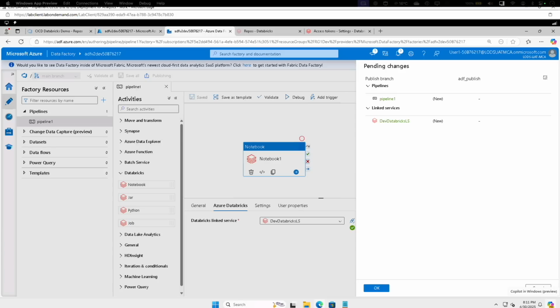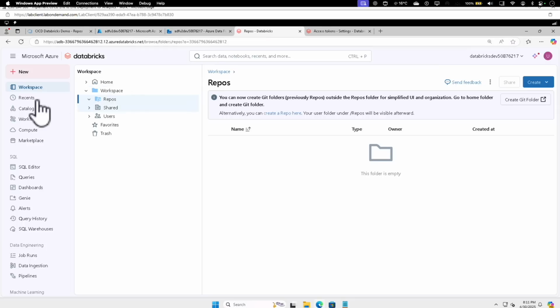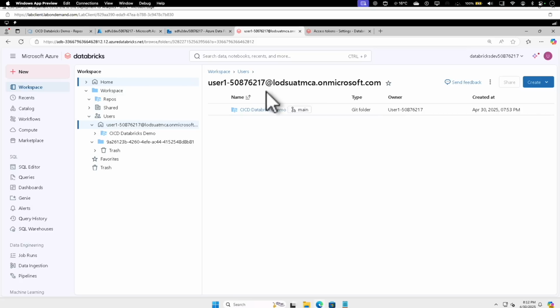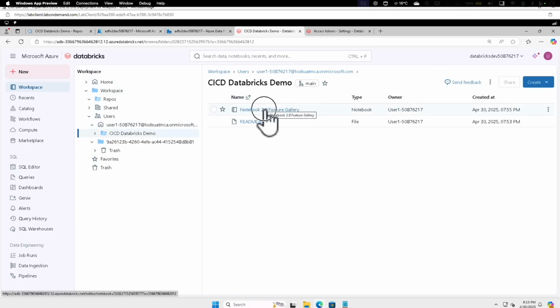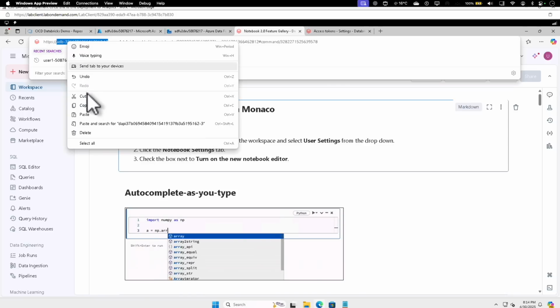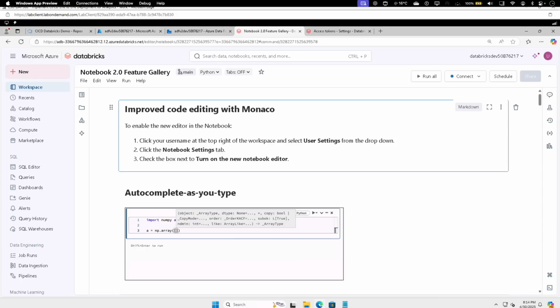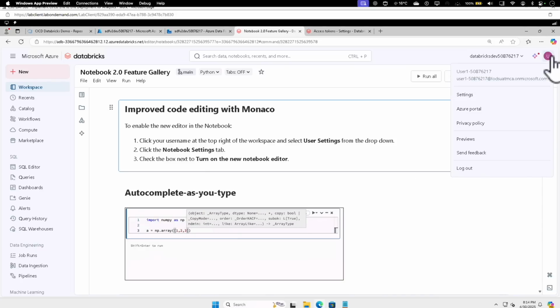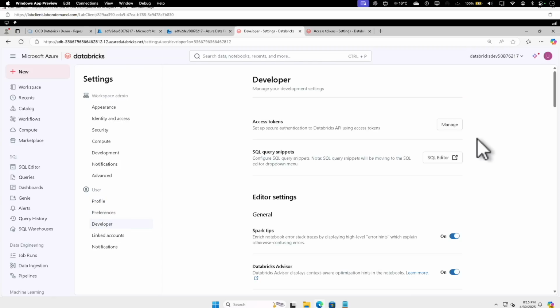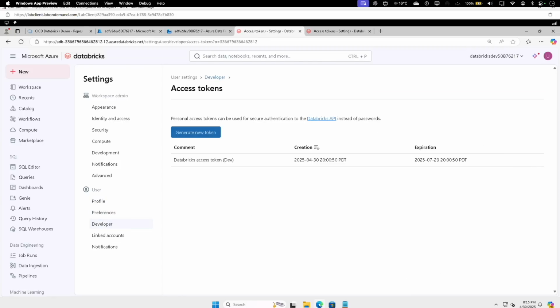And now let's go back to the Databricks window, and if we go back to workspace one more time and go to the workspace and then select the CICD Databricks demo, select the notebook, and I'm just going to copy this Azure Databricks name. And now let's go back to the Azure Databricks, click on the user profile and click on settings. Let's go to the developer tab and access tokens, click on manage, and we are going to generate